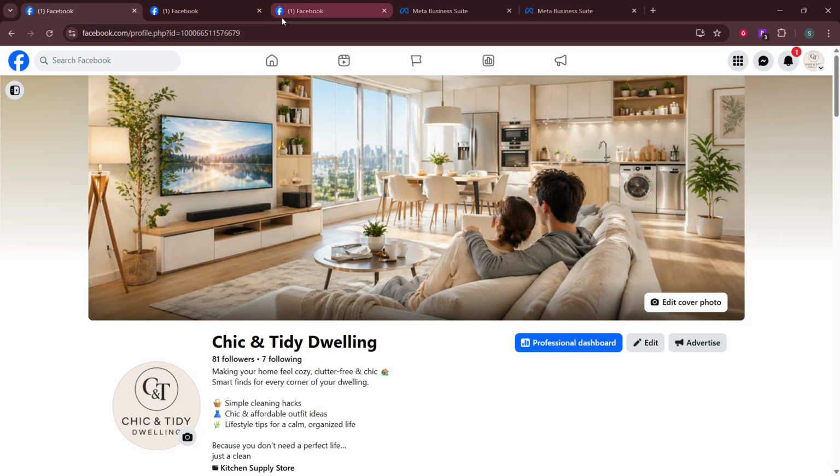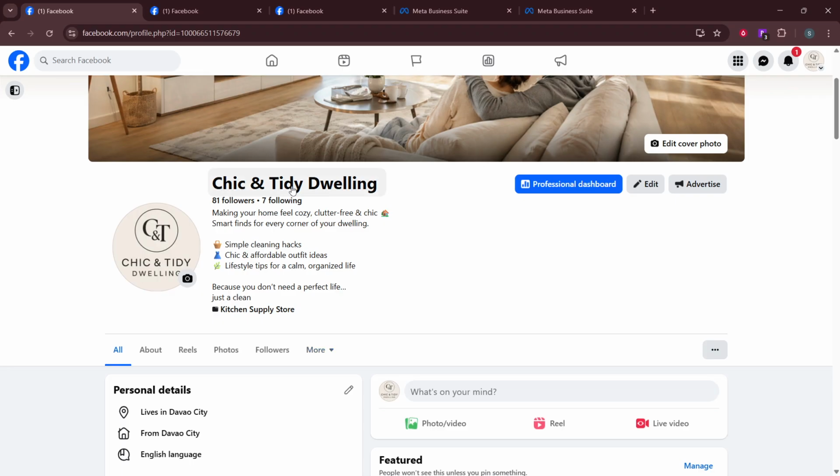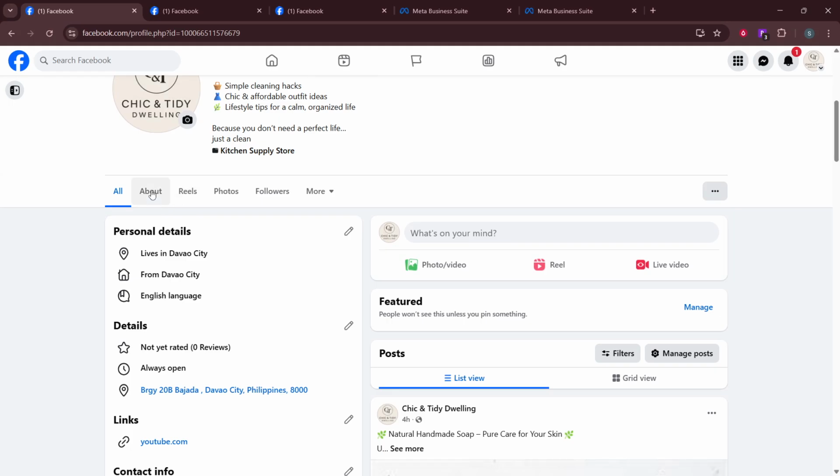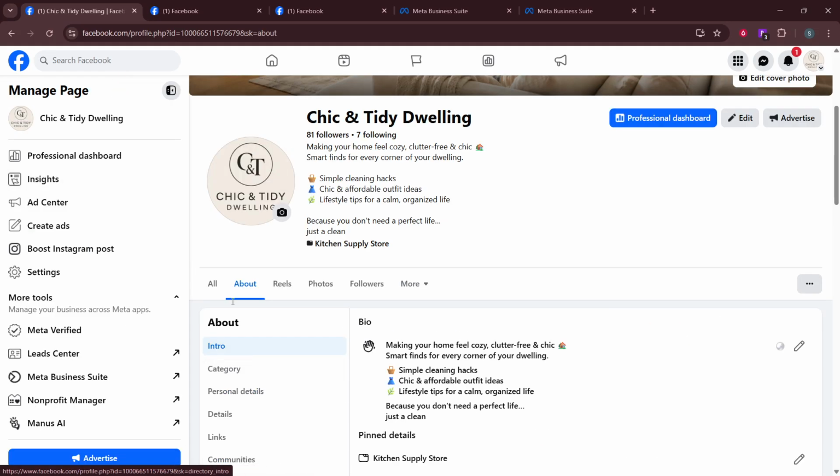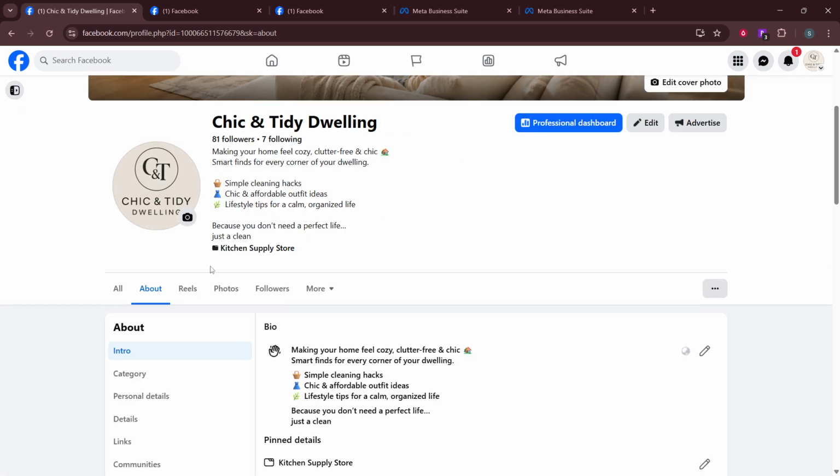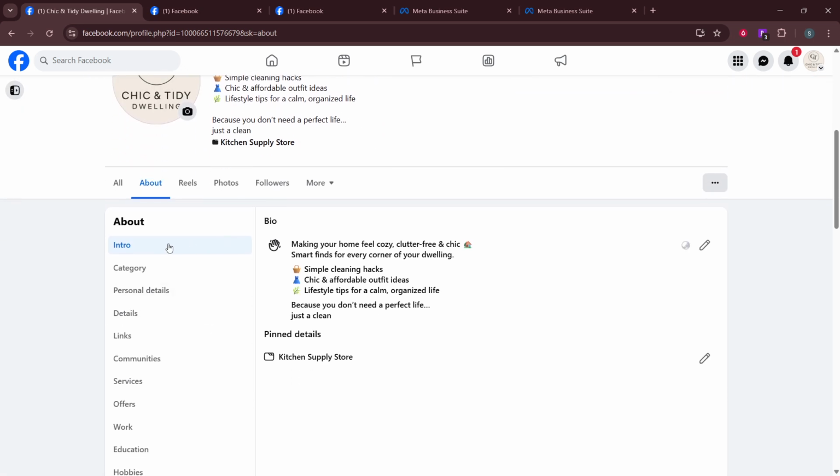Open your Facebook page and click Edit Page Info. Fill in your page name, pick the most accurate category, write a clear bio or description, and add your contact details. Your name should be recognizable and consistent with your brand elsewhere. Choose a category that truly reflects what you do so you show up in the right searches.